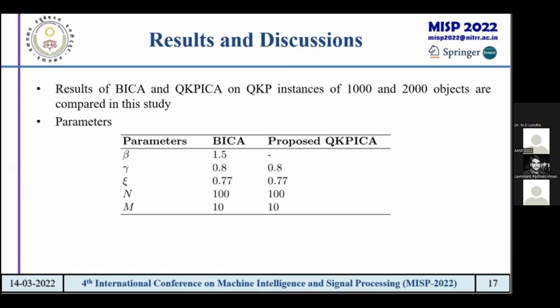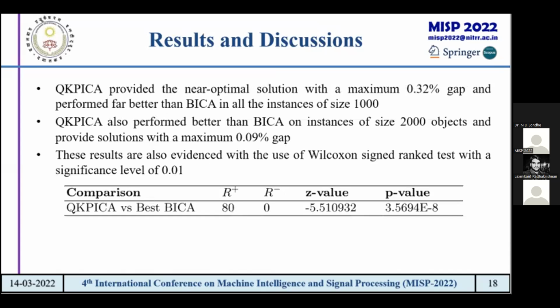Gamma actually represents the revolution rate. And one more thing, in our proposed algorithm, the value of beta, the assimilation rate, is not required. This is a parametric improvement in our work over BICA and other ICAs. So we found that QKP-ICA provided a near optimal solution with a maximum of 0.32% gap on instances of size 1,000, and a maximum of 0.09% gap on instances of size